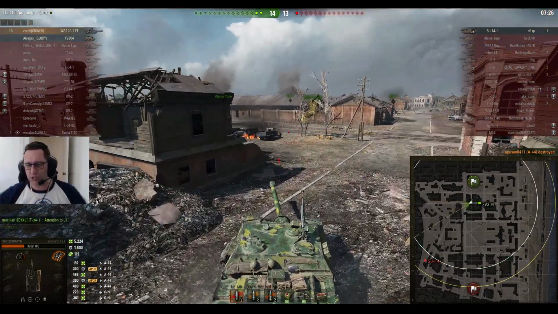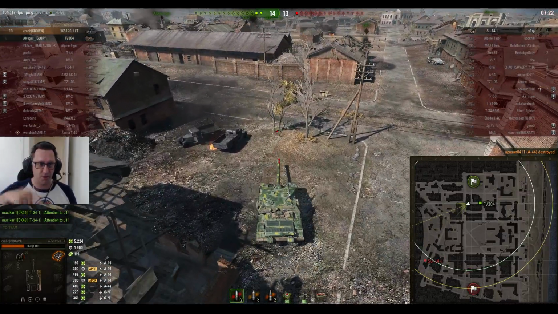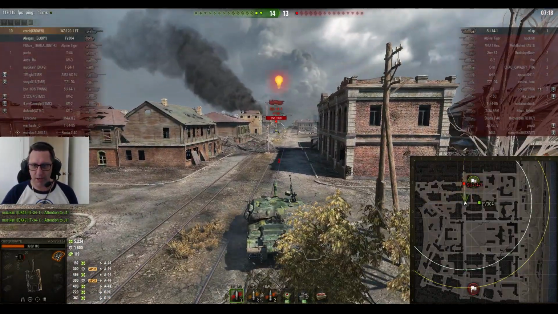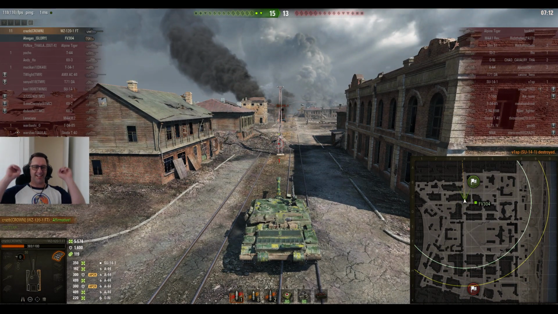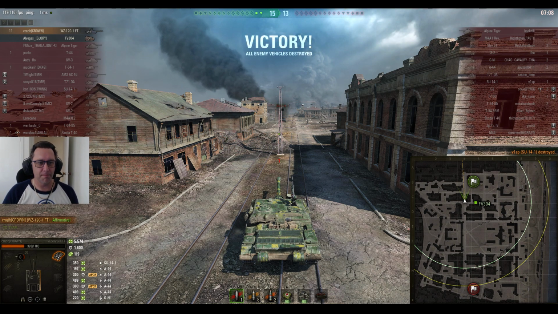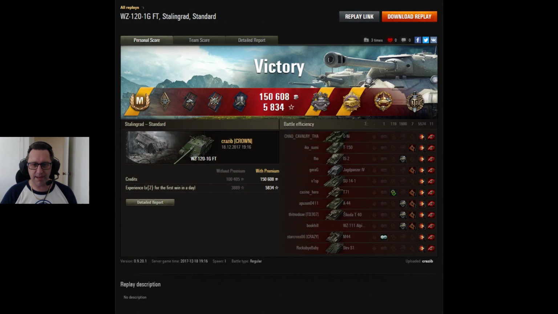14-13 is the score on Stalingrad. And remember, that Crazy's team was a few tanks behind not so long ago. And just auto-aim to pick up the kill on the Su-14. And it's not 10 kills, it's 11 kills. That was an absolute massive carry. Only 4 other players picked up a kill. Crazy carried the hell out of it in the WZ120